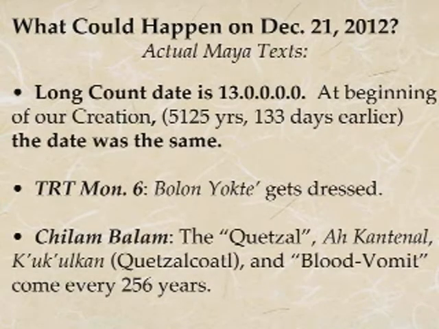Here's something else that we disagree on. Most of my scholar friends expect that the correlation between the Christian calendar and the Maya calendar is not 13,000 on December 21st, but the 23rd of December. And frankly, some scholars have come up with the recalculation that it's now the 24th. So you have 3 opportunities for the world to end this next month.